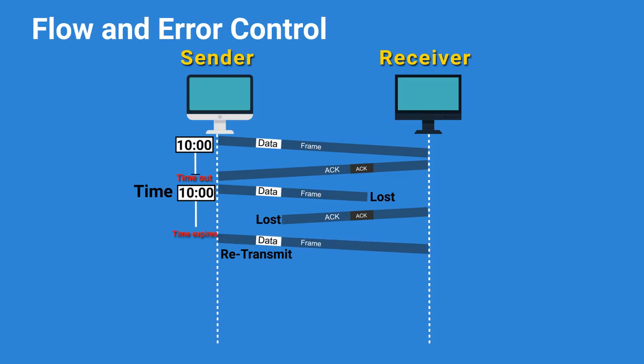There may be a chance that the same frame reaches the receiver multiple times after retransmission, and the data link layer passes these duplicate frames to the network layer. That's why sequence numbers are introduced for the outgoing frames, so that the receiver is able to identify retransmitted frames from the originals. The mechanism of retransmission of frames, whenever an error occurs, is called automatic repeat request, ARQ.